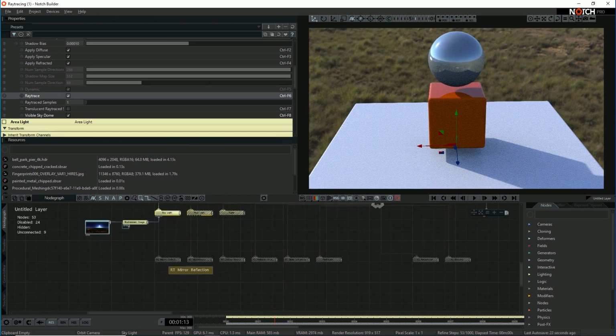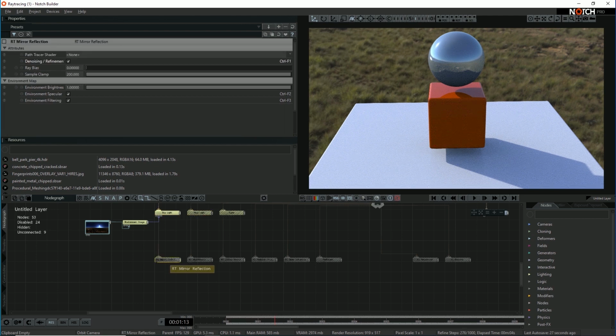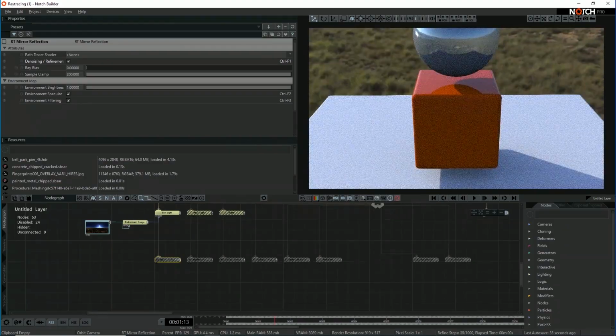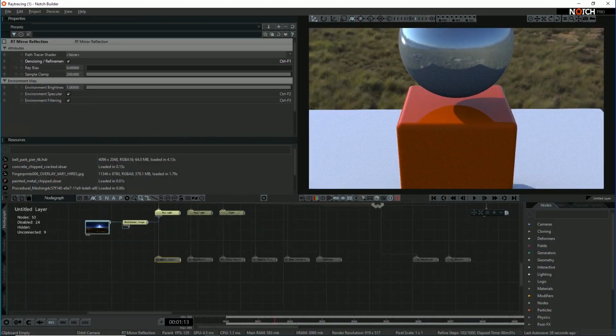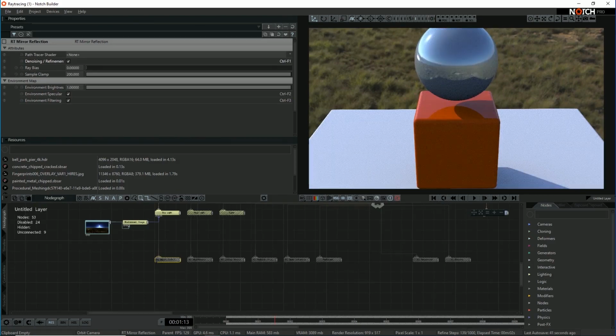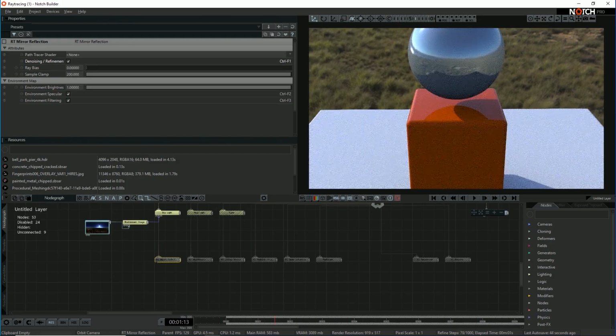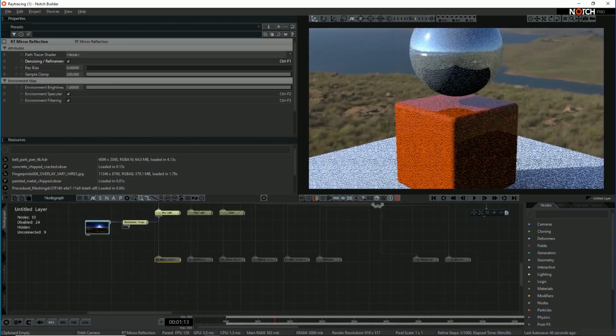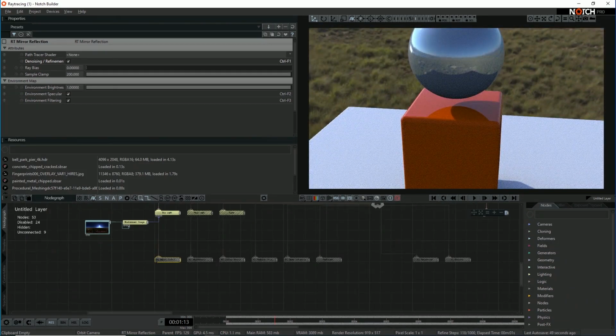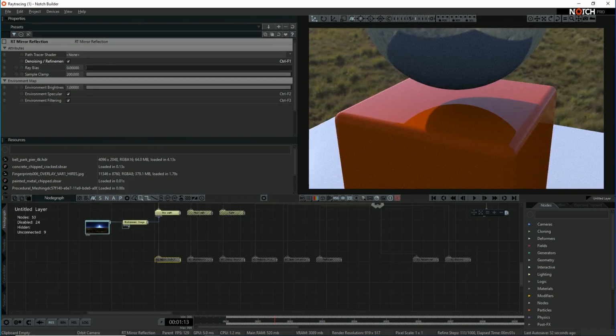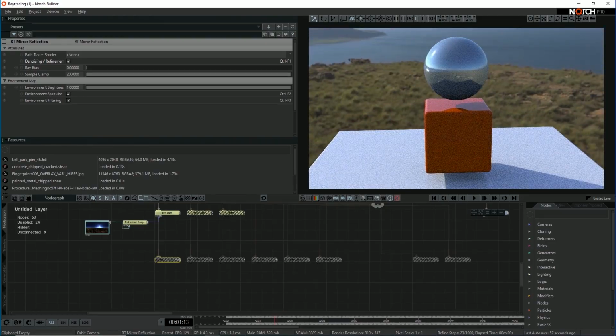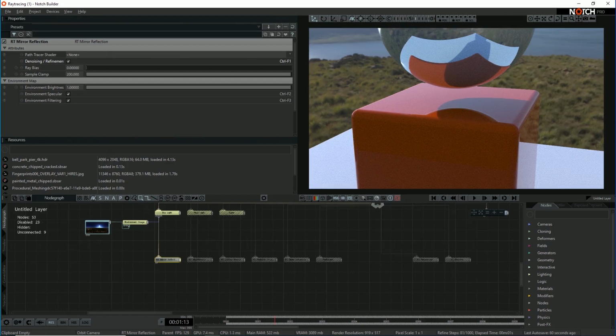So let's look at some of the new ray tracing nodes in Notch. So firstly here we have the RT mirror reflection node. So we pop that on. You'll notice that before that was turned on, what the skylight was giving you was a reflection of the environment through one single hit. So where the environment can be seen directly, you get a reflection. But anywhere where it's hitting geometry, you just got black. So there's a black area of shadow there because it's hitting the cube. So when we turn on the mirror reflection, it's actually hitting the cube and giving you a